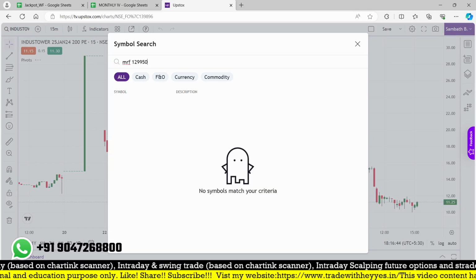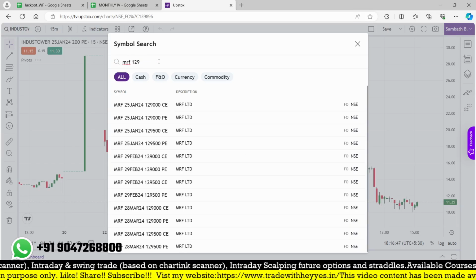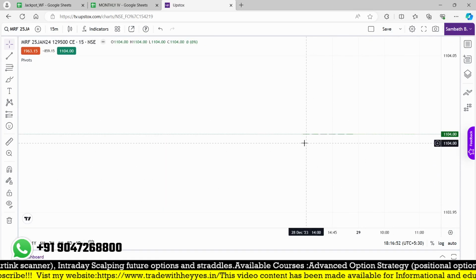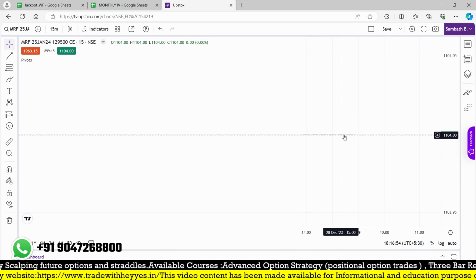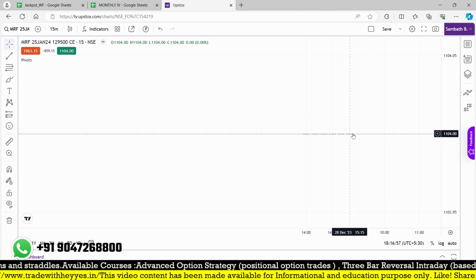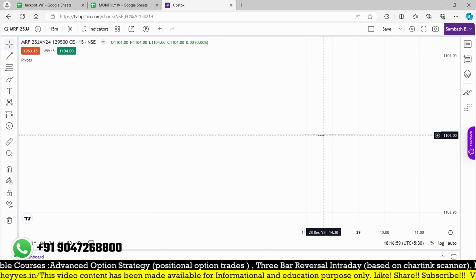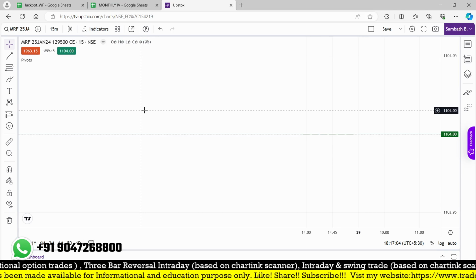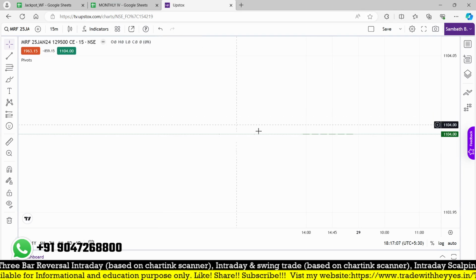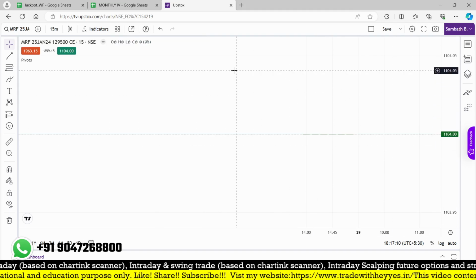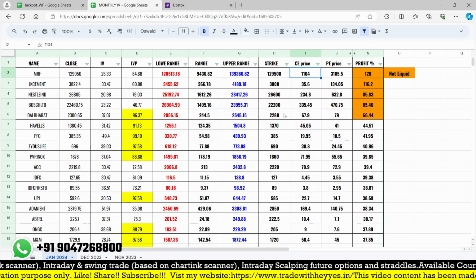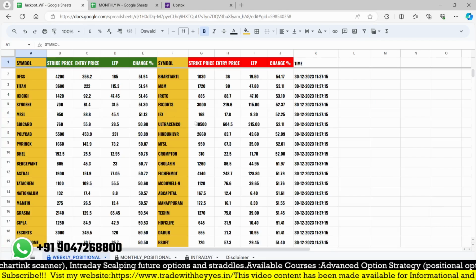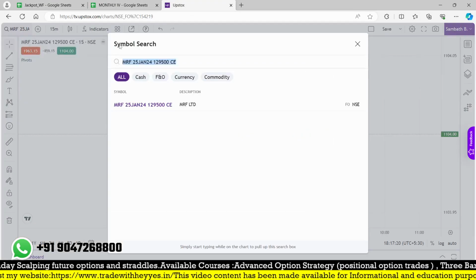MRF 1,29,950 is the strike price. Look at the 1,29,950 January call option: there is no trade. You can see 28th December and 29th December, the strike price is not active. Maybe the 1,30,000 call is active, and here 1104 is the closing price. We are mentioning the closing price of that particular option too, but there is no liquidity, so the premium is more. And if you compare the same strike price on the put side,